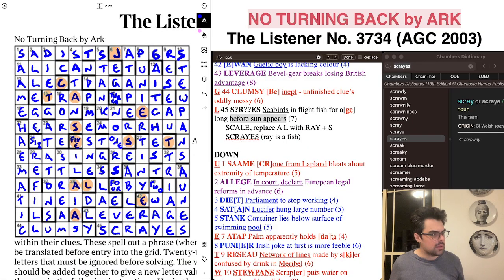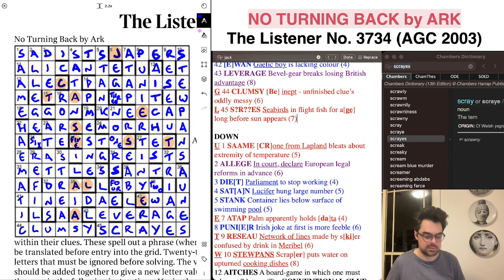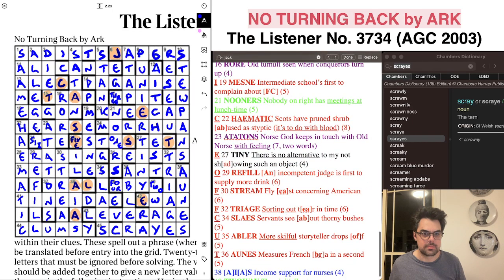All right. So we've got scrays there. We've made that entry permanent. So that's the first clue that Shark has worked out. 23 down. Oh, sorry, one second. We can now make all of this red. We have fully parsed that clue. We don't need to worry about that anymore. 23 down is